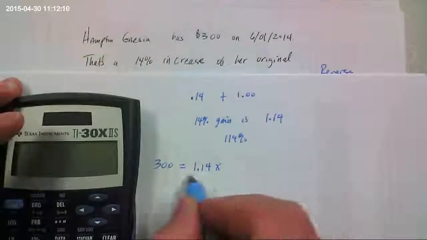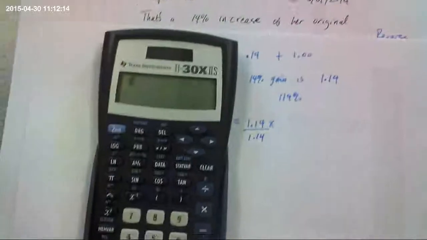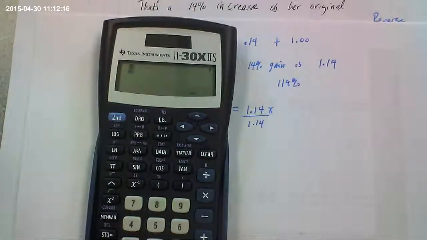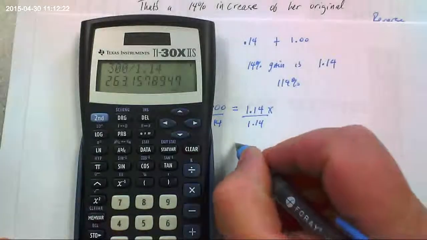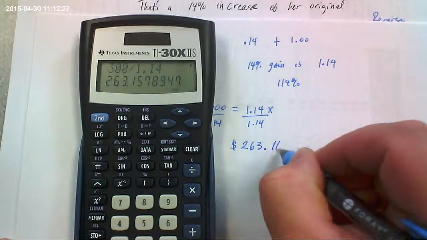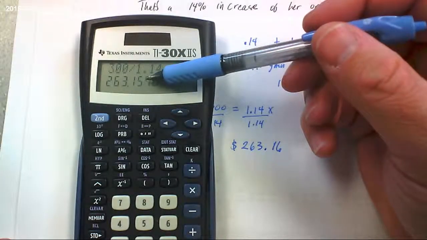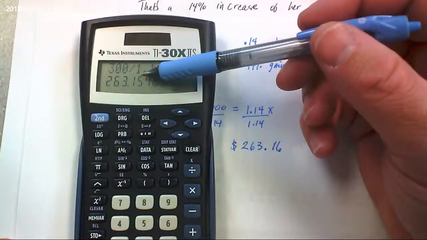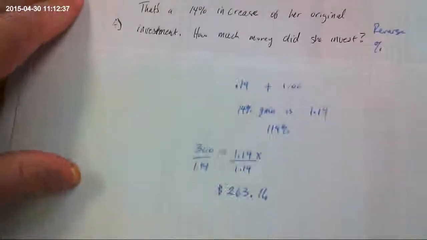So what you've got to do here is just divide. Got my trusty calculator. So 300 divided by 1.14 equals... it looks like she had $263.16. It makes sense to round this to the hundredth place because we're talking about dollars, which come in cents. Okay, so the first question is answered,